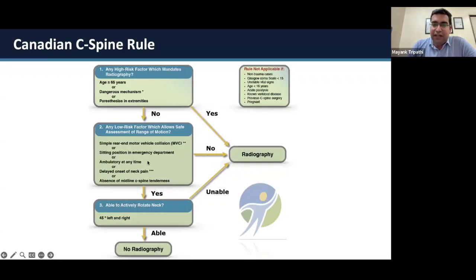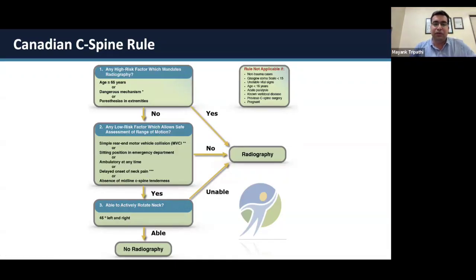If none of these are positive, like for the first category, if any of these was positive, we had to go for an X-ray. And after looking at the low risk factors, if none of these are positive, we go for radiological imaging. And if any of these is positive, then we clinically examine the patient and look at